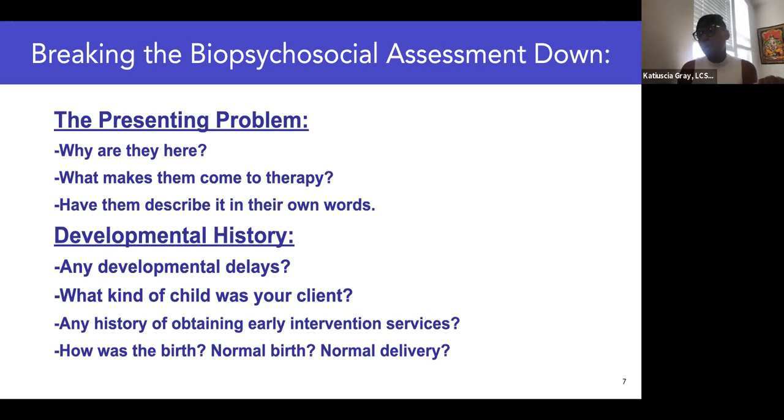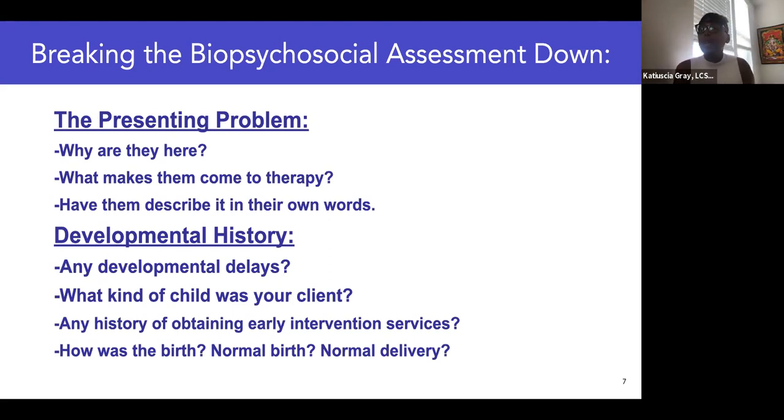So if this child had all these sensitivity issues, I wonder if she or he had any early intervention services. So you see the buildup. So you see the story that we're trying to create and how we bring it sort of home. So then that leads us to early intervention services. Did this person have any early intervention services? Did they have occupational therapy? Did they have physical therapy? Did they have speech therapy, right?